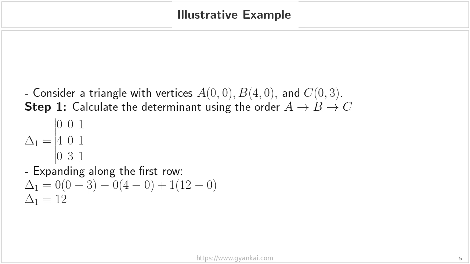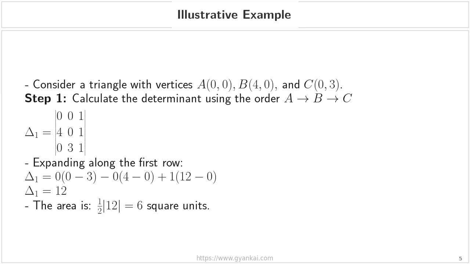Finally, we take the third element, 1, and multiply it by the determinant of the remaining matrix, which is 12 minus 0. When we perform these calculations, we find that delta 1 equals 12. To find our final area, we take 1/2 of the absolute value of 12, which gives us a final area